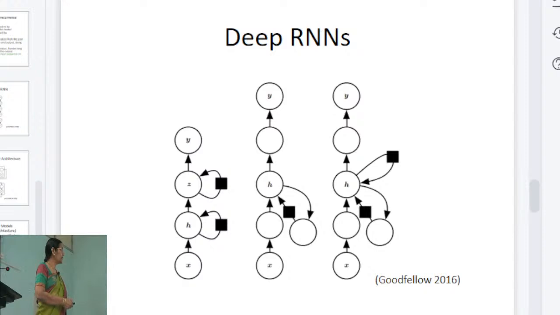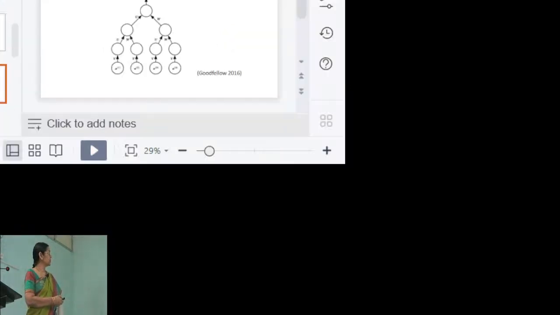So, here again you have another additional recurrence component included in the hidden layer. All these things can be possible. So, there is another variant of the recurrent networks, that is recursive networks, wherein if there is a structure in